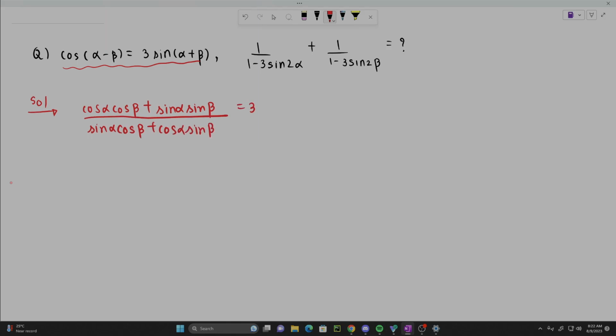So we get this. Now after reaching here also I was pretty confused what to do. So here I took componendo and dividendo. So when we take that we get